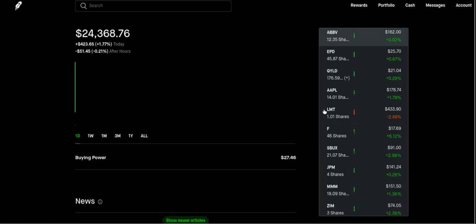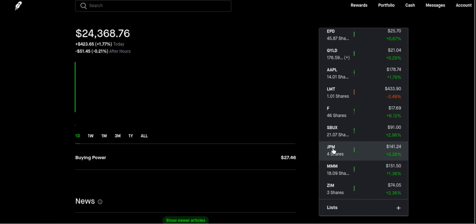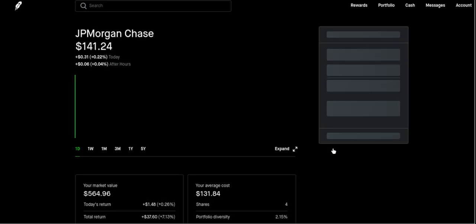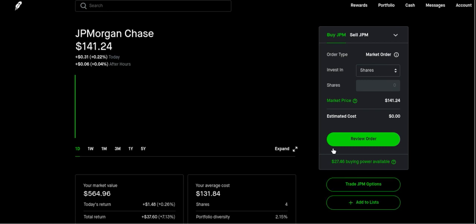And next up, we have JP Morgan, ticker symbol is JPM. So this has just been a starter position for me. I only have 4 shares on them. I'm up around 7% already. It's only about 2.15% of my portfolio, with my average cost sitting at $131.84. And they're currently sitting at